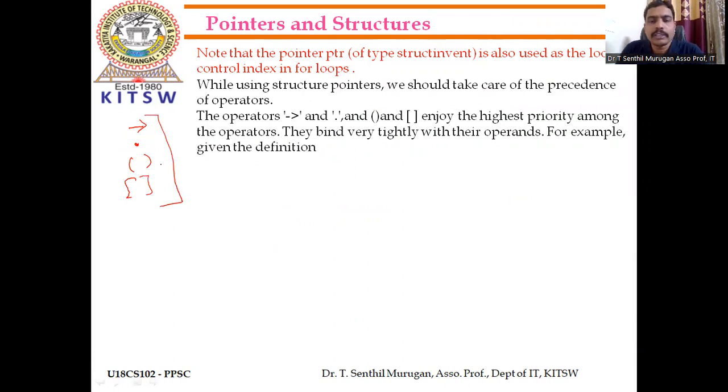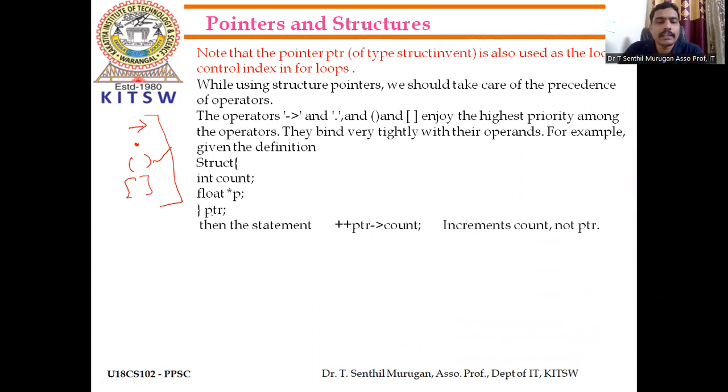In this regard, we have to consider the precedence rules, which has the highest precedence. Okay, so brackets have the highest precedence, then the dot operator, then brackets, then the arrow. In this structure, just see here, I will create one pointer for this structure. The main concept is how it will access. Okay, so float asterisk p is given, meaning that the pointer is pointing to a float number. Then, how we can access it is: